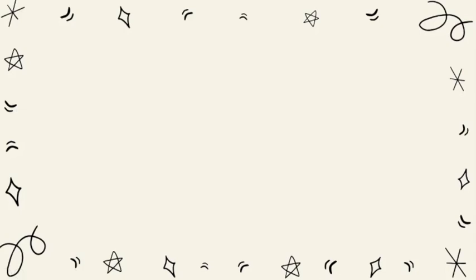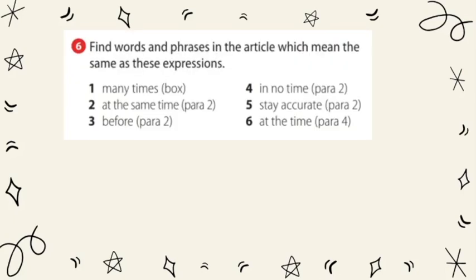Okay, now that you have read and done some exercise about the reading, we are going to do the last one about the text. Exercise 6. Find words and phrases in the article which mean the same as these expressions. We have 6 expressions, and in parentheses, it tells you where you can find these expressions. Well, the equivalent of these expressions, yes? So if you want to underline it in the text where you find them, or if you want to write it beside them, that would be fine. You have to find the one that means the same as this one. What is in paragraph 2 that means the same as before, for example? Okay? So please pause here, give yourself some time, and then we're going to check it, okay?